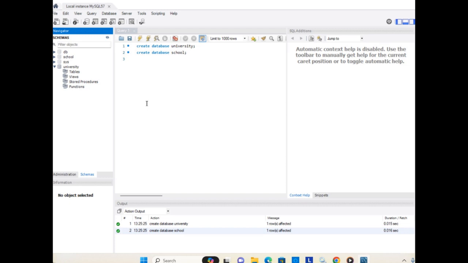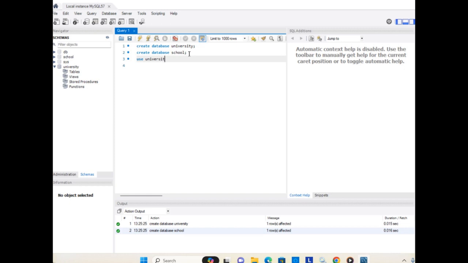Now I want to add some table in, suppose, the database named university. How can I add it? In order to do that, I use a simple command, that is use university.